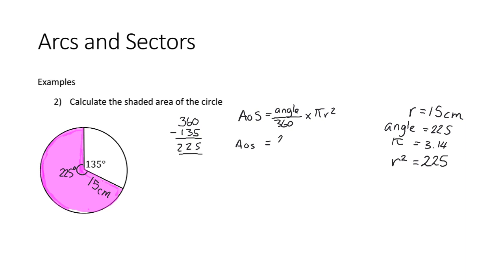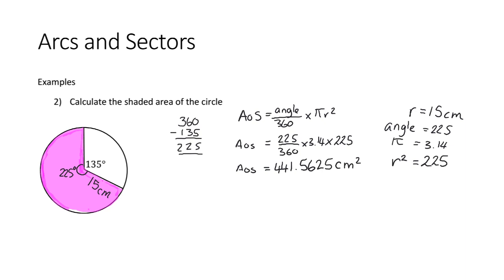Substitute everything in. I'll get 225 over 360 multiplied by 3.14 times, I'm going to use the 225 because I've worked out what 15 squared is. So I'm going to put that in there. And then it's just a case of going to my calculator and typing in the values that I've got. And for the area of this sector, we've got 441.5625